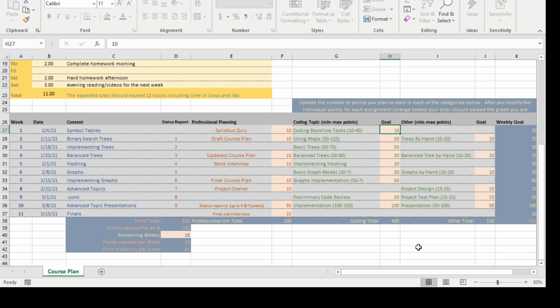Now, this minimum needs to be done across the board. I can't just skip trees and do a bunch of work in other spots and leave this class not knowing anything about trees. That doesn't work, or any other topic. You need to do at least the minimum on each one of these topics. But beyond that, if you only did, for instance, this first week, we'll be looking at 2 different potential introductory